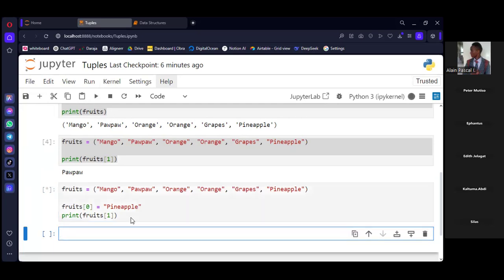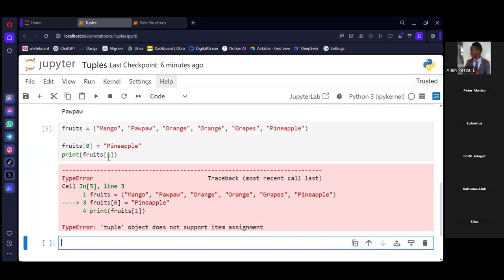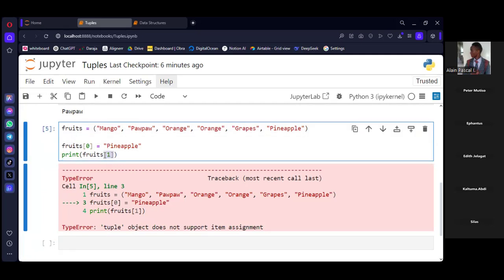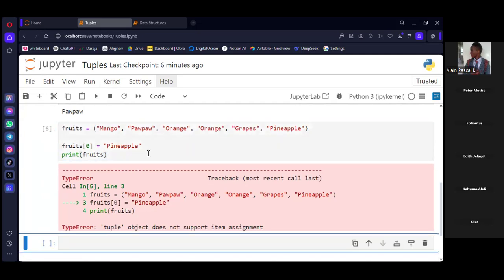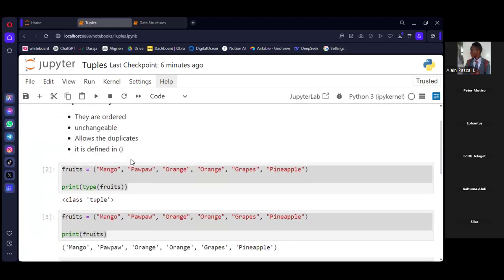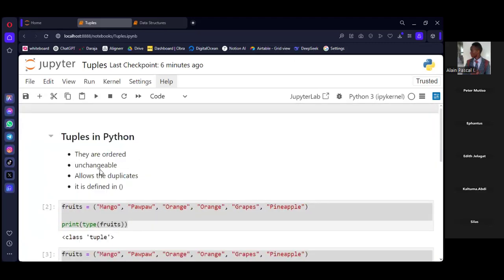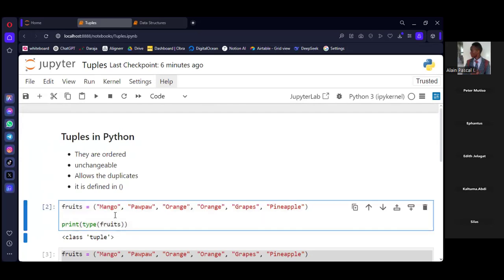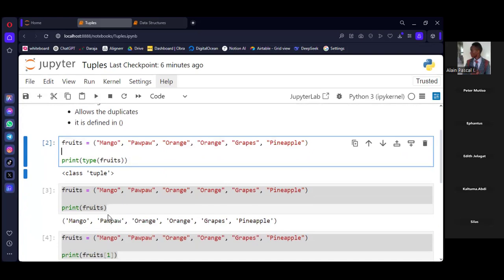Now, when I run this, sorry, I forgot. When I run, I'm going to get this error because of its characteristic that it is immutable. Once it's defined, you cannot change it.